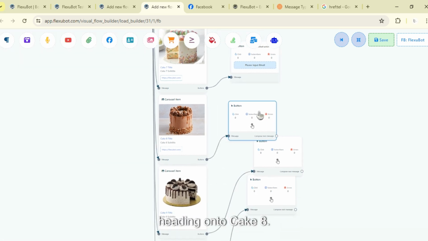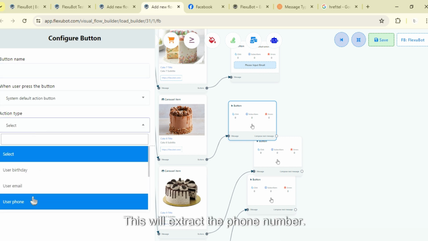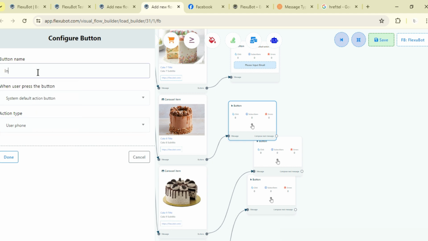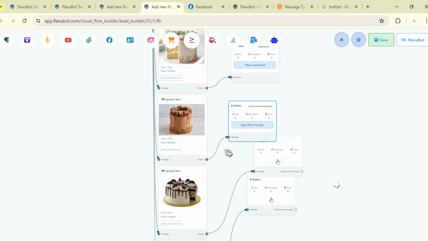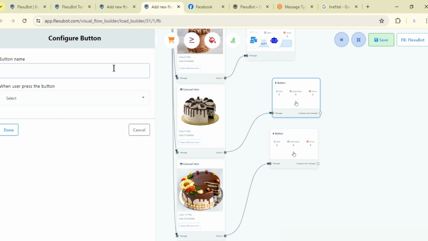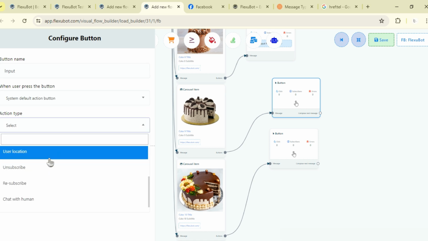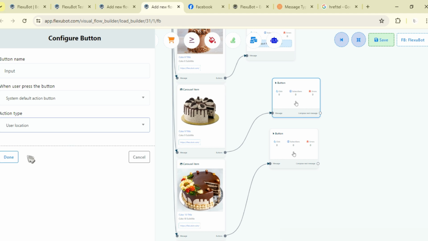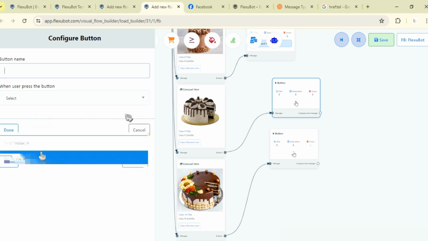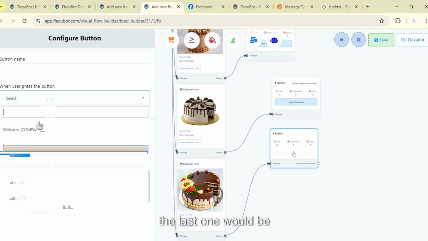Heading on to CA_8. Let's see, this will extract the phone number. Now heading on to CA_9. Input location. That will ask them for their location, and since we are running out of buttons, the last one would be,